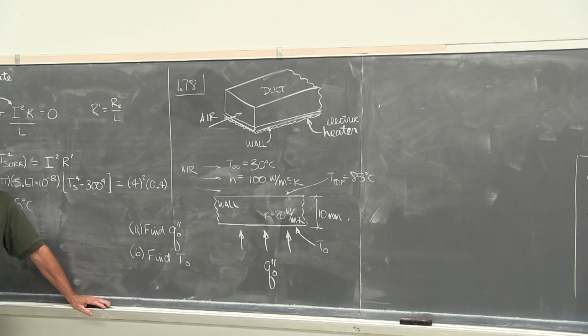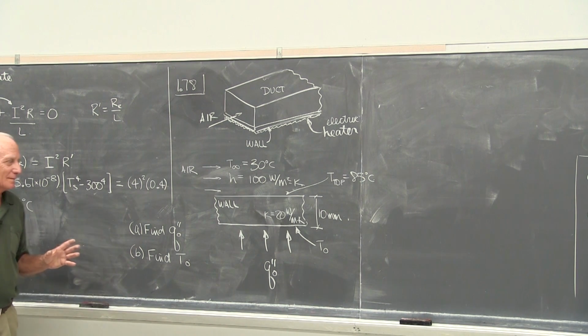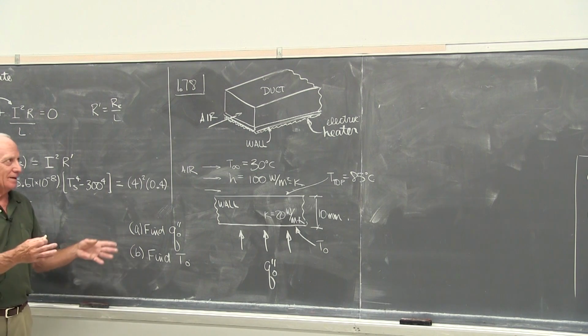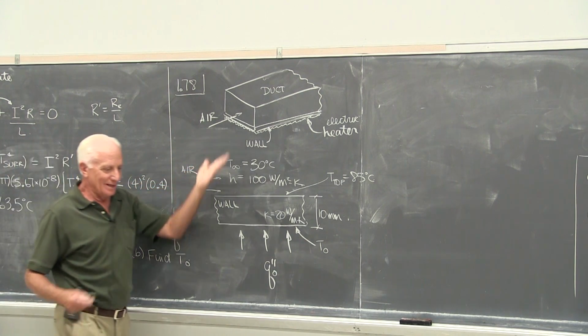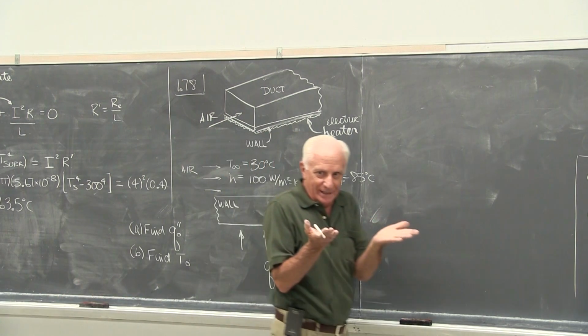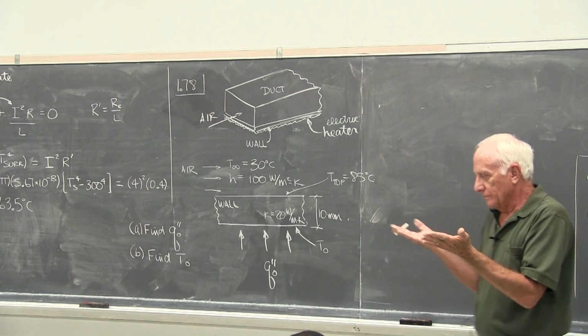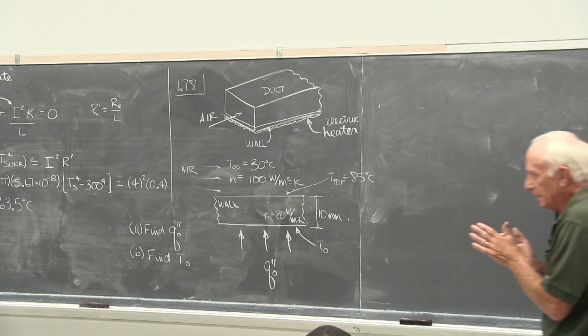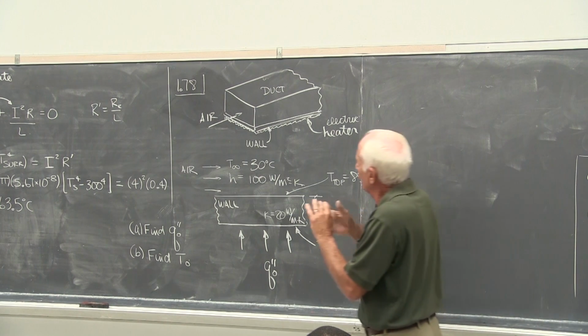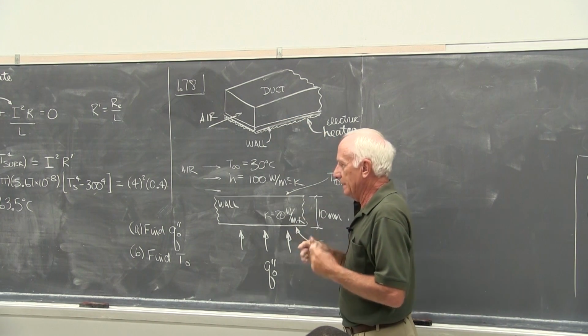Okay, so we've got something like a heating duct, a rectangular duct. Air is blowing inside the duct. We want to heat the air. On the bottom of the duct, we put like a little heater blanket on it. You can buy them. You put a current through it, a voltage across it, and you create heat. That heat is going to go up into the air in the duct and heat the air.